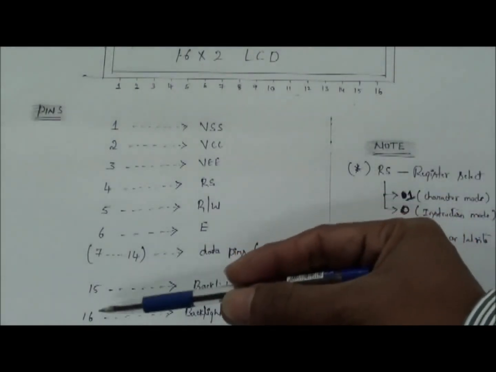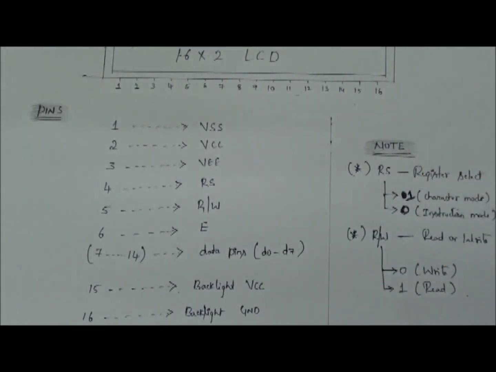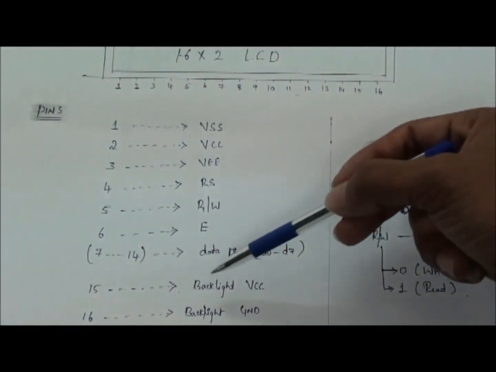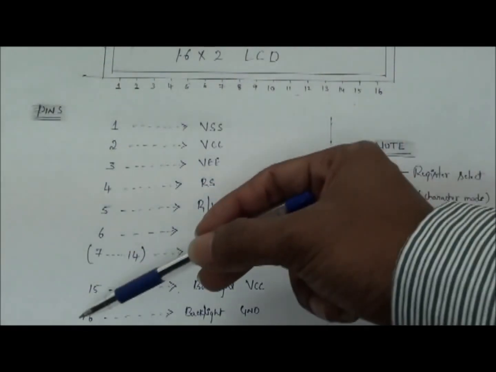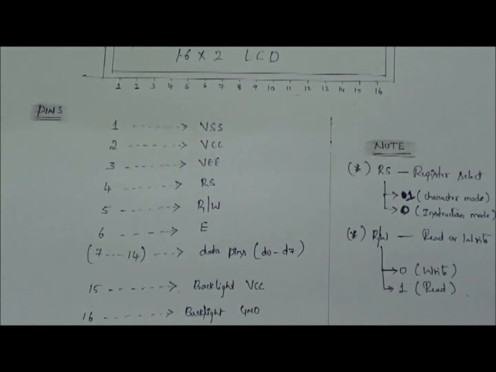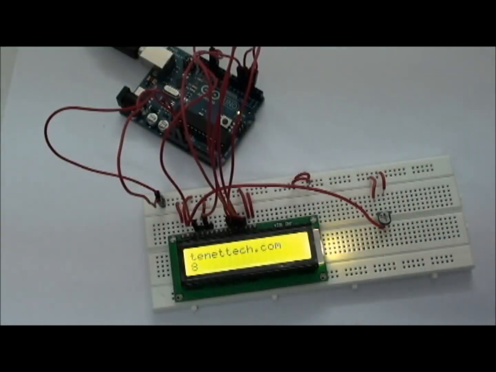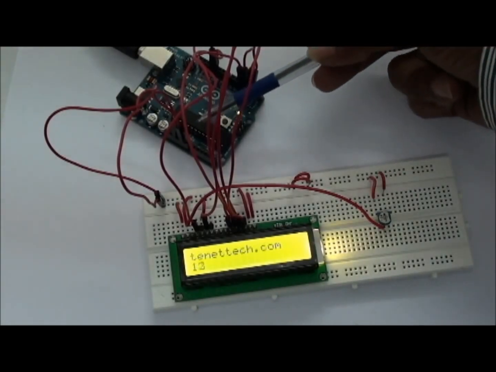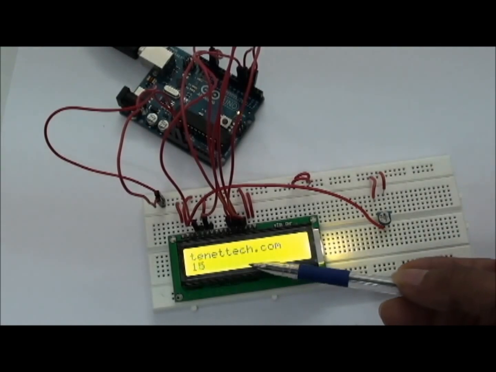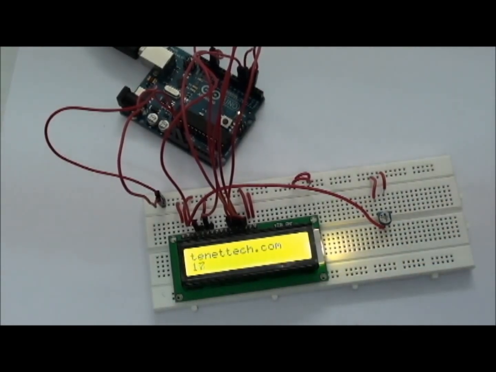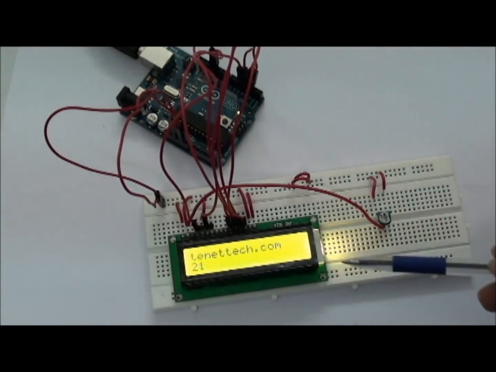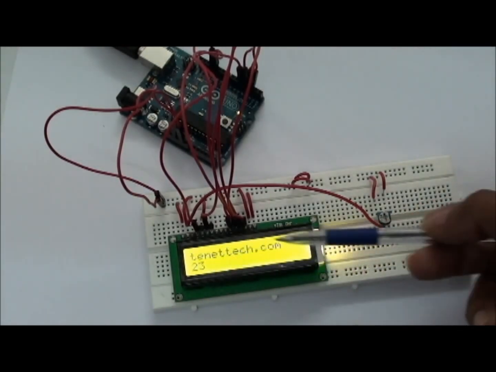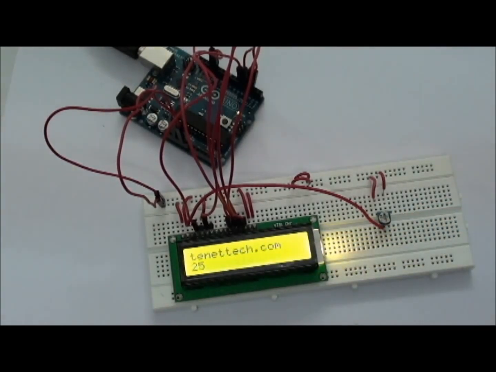And the 15th and 16th are the backlight LEDs. 15 is provided with 5 volts and 16 is provided with ground. Let's look at the demo. Here I have written a code to display the characters on the LCD, making use of an Arduino Uno, a 16x2 LCD, and 1 variable potentiometer. Now the LCD is showing some characters like tenetech.com, digits,